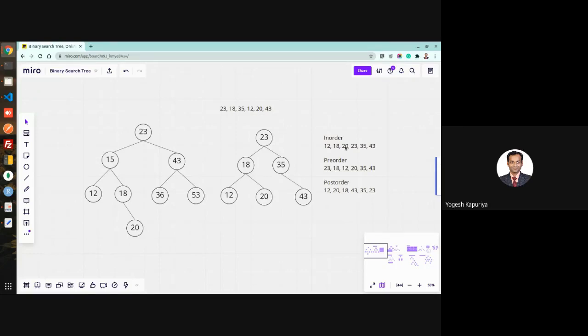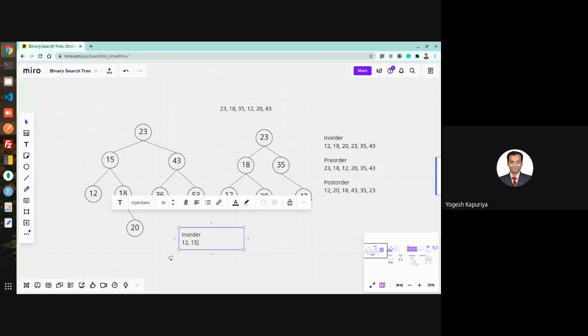In terms of in-order traversal, you will take the in-order predecessor. Predecessor means the one that comes before it. So let me generate the in-order traversal for this. In-order means left, node, right.